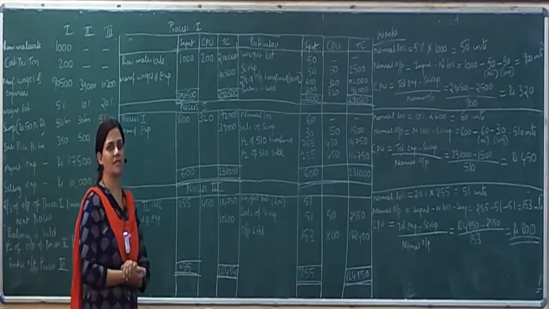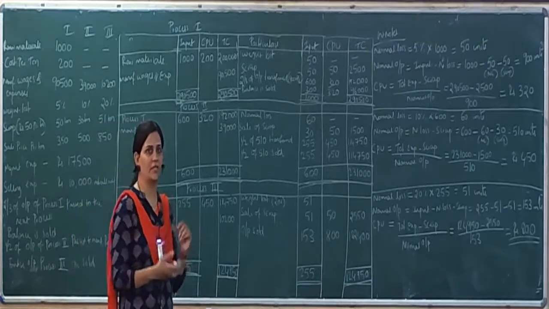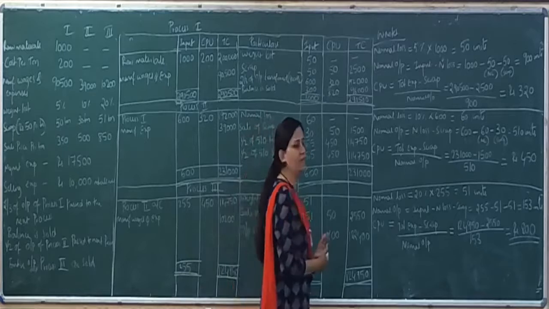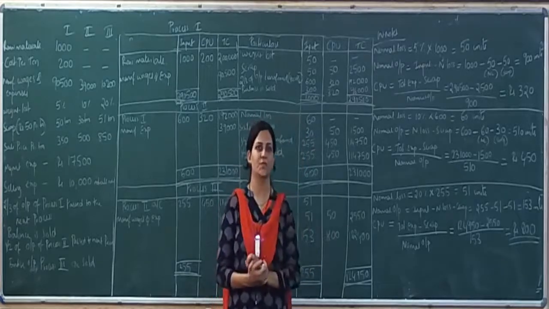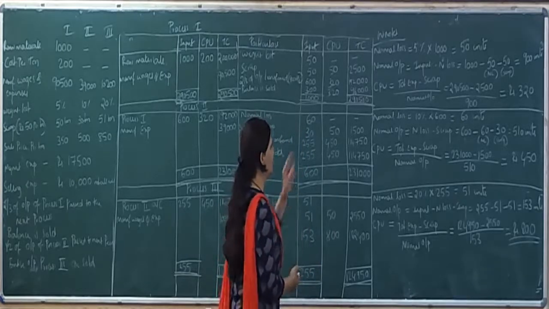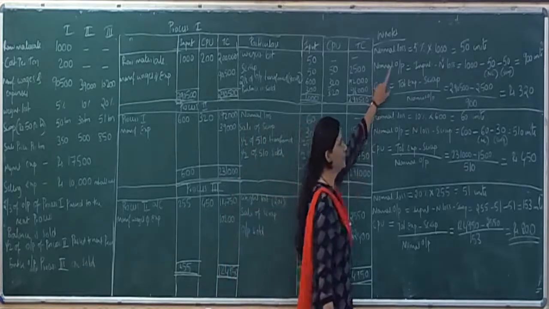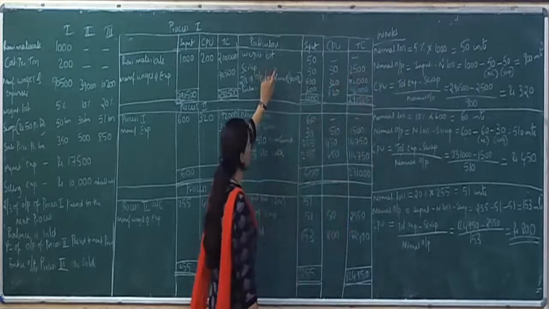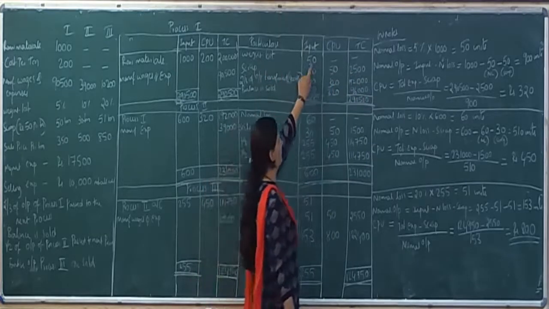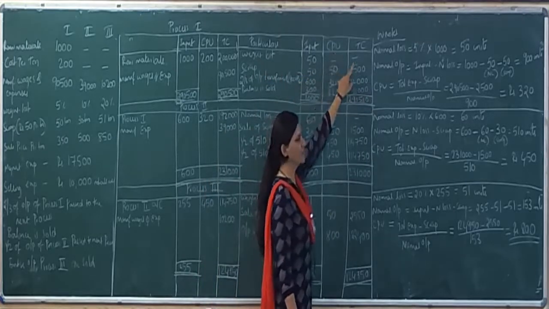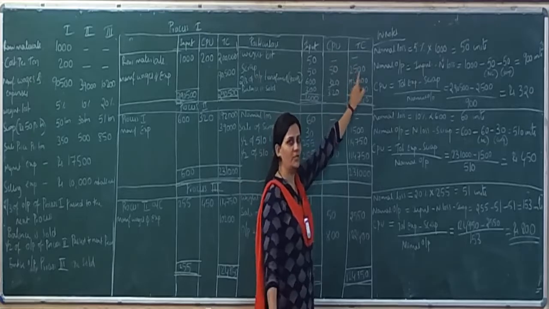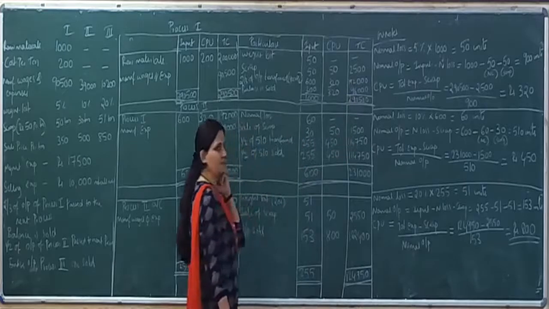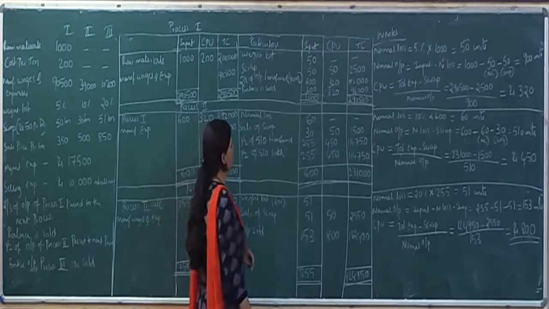Okay. After that we have to find out what is the amount of normal loss, or if there is any scrap value that is given in the problem. So normal loss they have given 5% of the input. So input is 1000. So 5% of 1000, that comes to 50 units, right? The same thing has to be recorded over here. Weight lost 50. Okay, so CPU is not given, so we have not written CPU and we don't know the total cost of it, right?